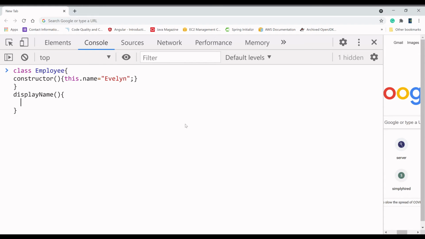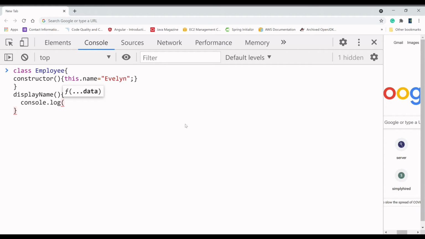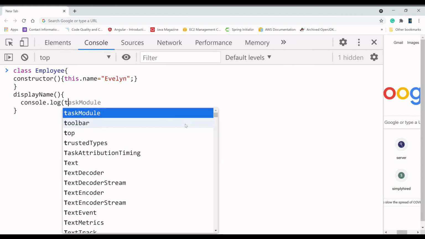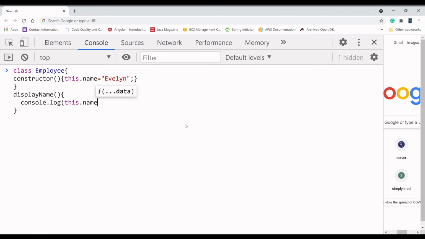I'm passing the name, console.log, and in the log I'm going to pass this.name. And if we want to call it, then it will give you the value also. But first we have this data, and I want to call it, so I can also call it.